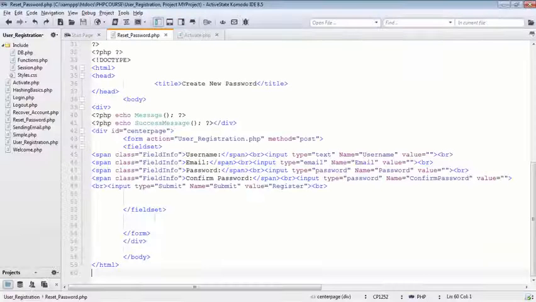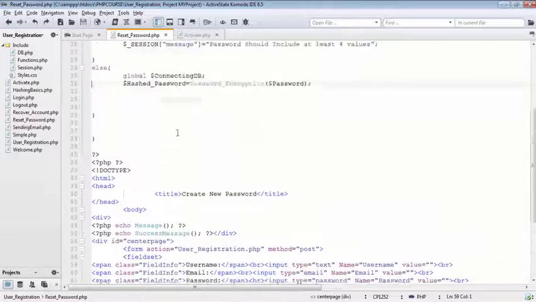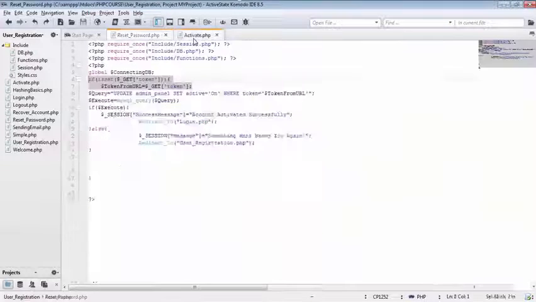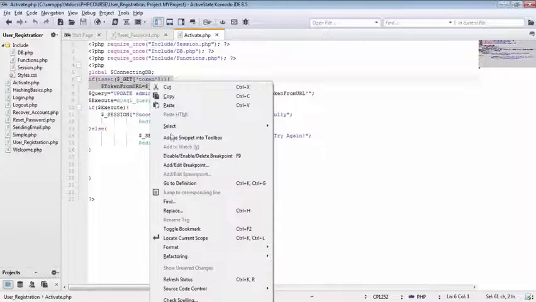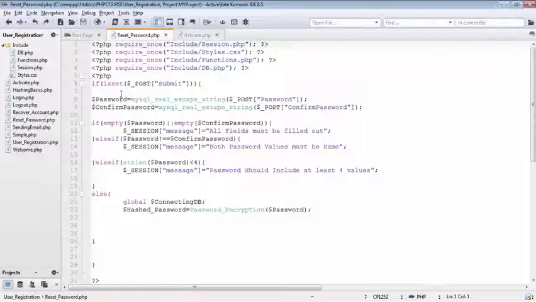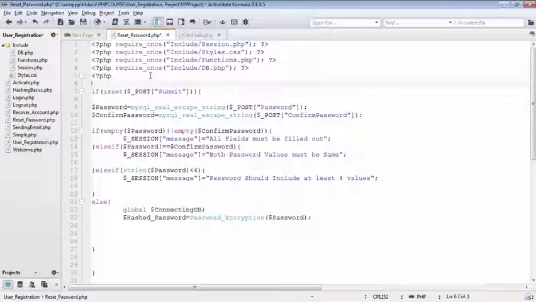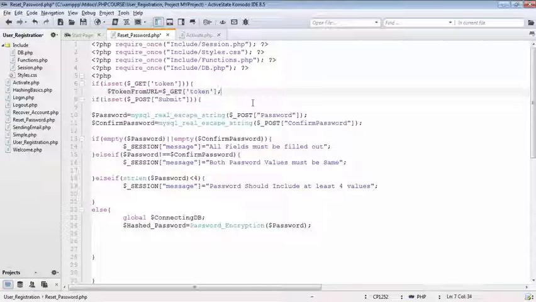So we have to get it by using the super global of get. We already have the super global of get code in the activate.php file when we activate our user by email. So let's copy it from here, and I'm going to paste all of this submit code inside this super global of get,